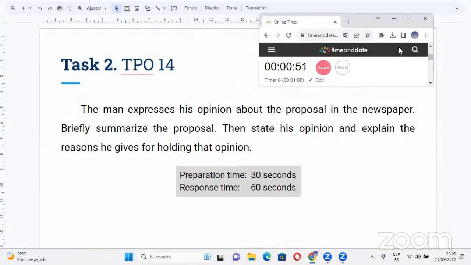According to the passage about the proposal in the newspaper, in the lecture, the student gives the example of not being able to concentrate because there are many problems with the students eating chips or apples. And also he explains that...